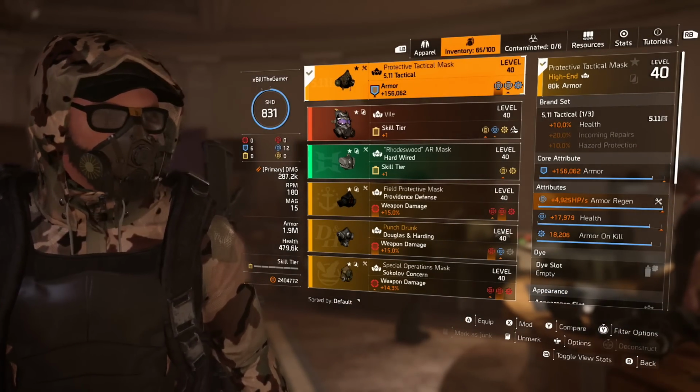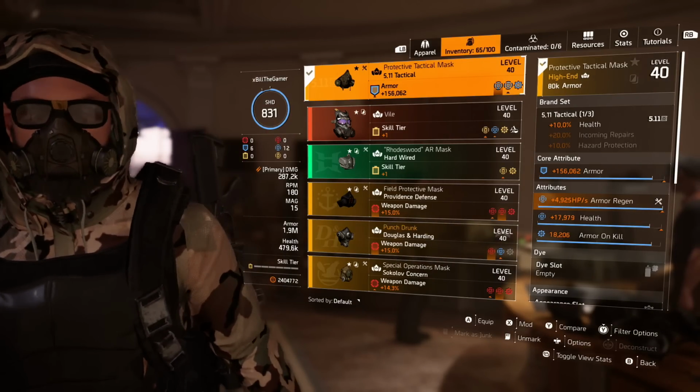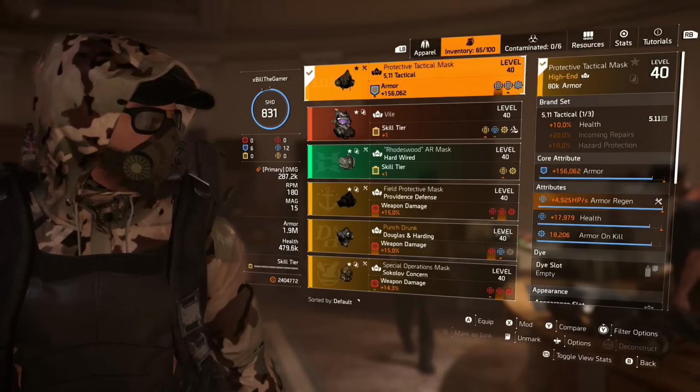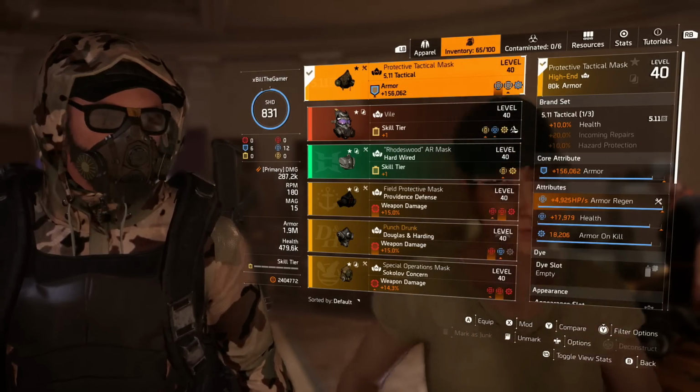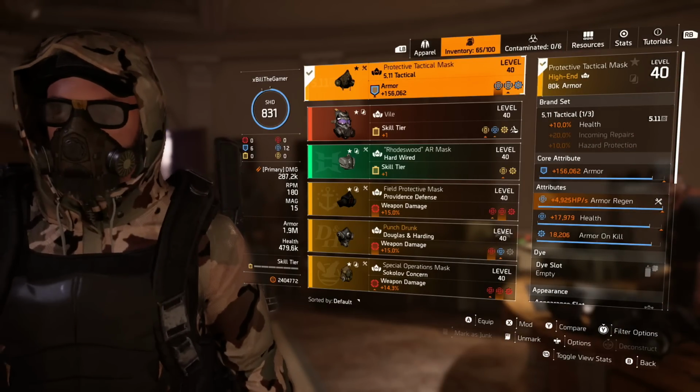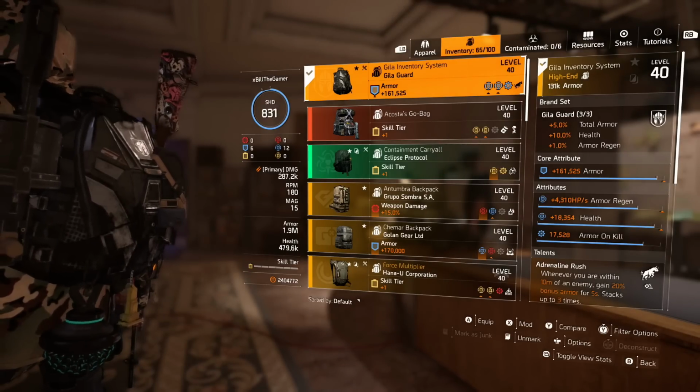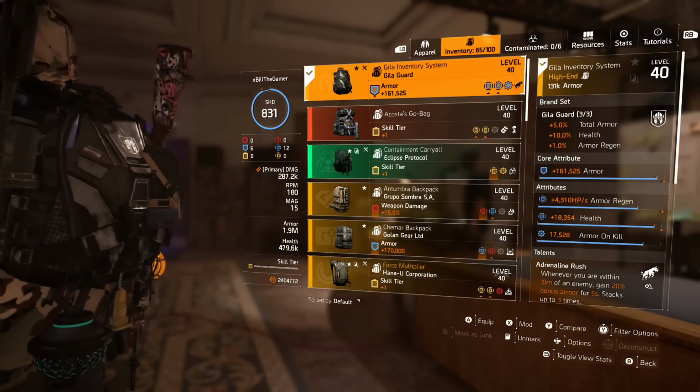I don't know why they've done it, I don't know anything about it, and the devs haven't, I believe a lot of people have been moaning about it, but they haven't paid attention to it. But you can see I've got armor regen, health, armor on kill on the mask, and because it's 511 tactical, I get 10% health. Moving over to the backpack, I'm running Gila Guard, and there is 3 of it, so